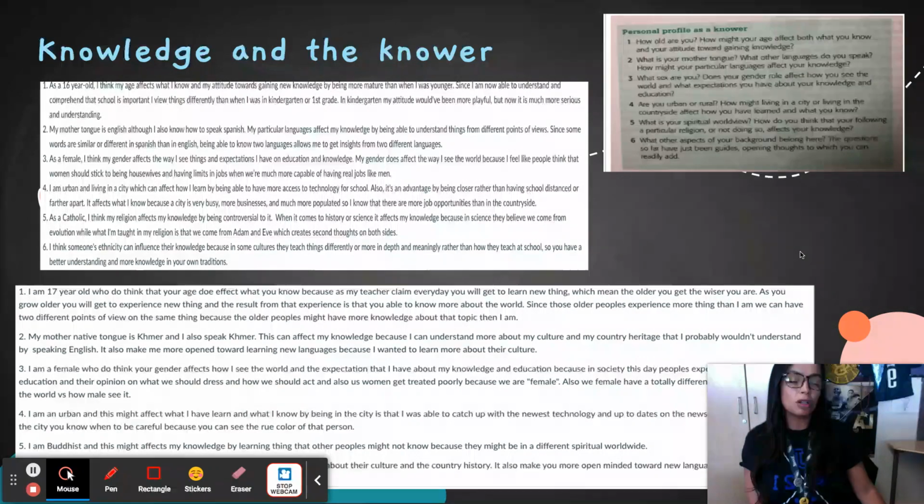From the knowledge and the knower unit, some responses to some questions where students had to ask themselves, how does their age, how do the languages they speak, how does their gender, how does where they live, all of that affect their perspectives as knowers. And they were really able to kind of reflect on, most of them didn't realize that these things do affect